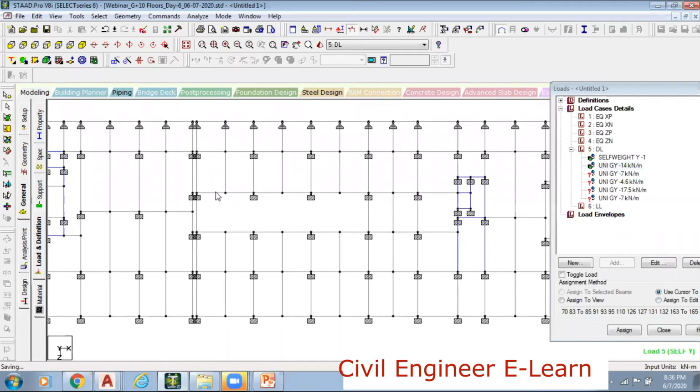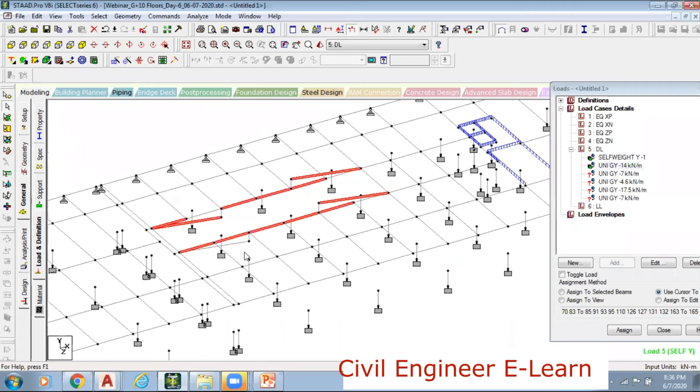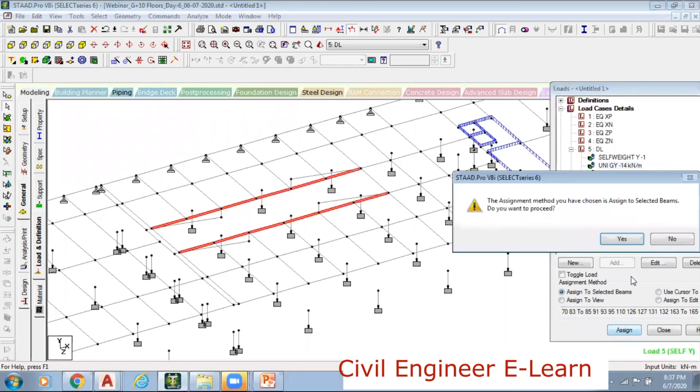And I also wanted to apply this load on these beams. This one, this one, this one. This is of ramp. See, so they are the ramp members, ramp loads. Wall loads we have here, side wall load we have here, side wall load we have here. Click on it, remove this. Yes, I have taken this up to this. So they are the side wall loads, side wall beams. Assign to this, assign, yes.